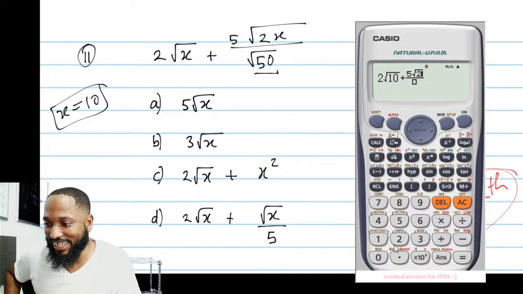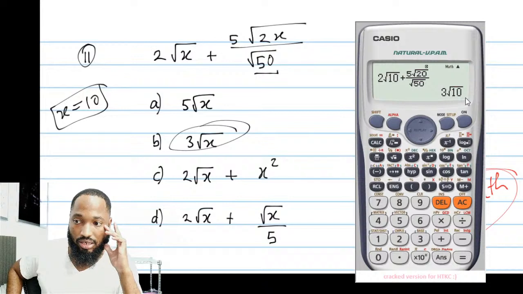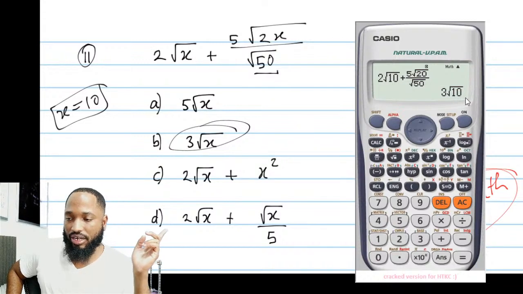2 by 10 is 20 divided by root 50. The root of 50. In other words, a substitution needs 10 here, 3 root 10, right? So immediately that tells me that this is the answer. To me, this method actually works faster. What do you think? Tell me in the chat if you all understand this method.